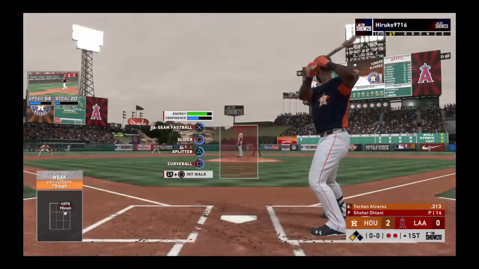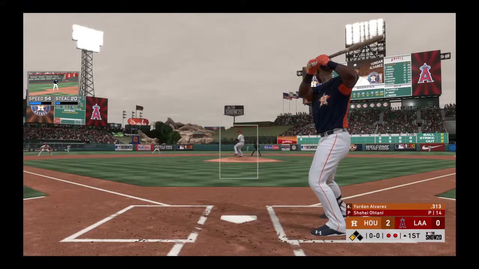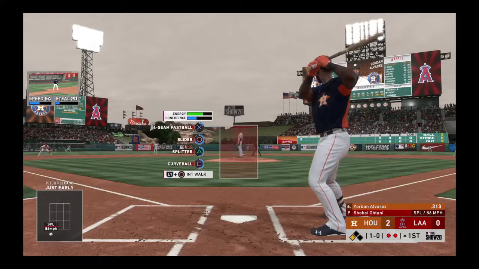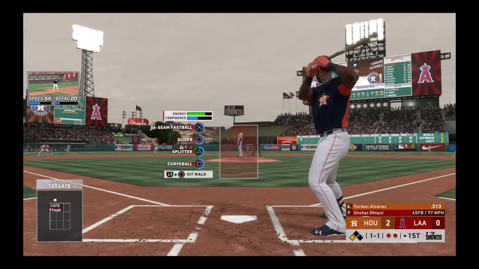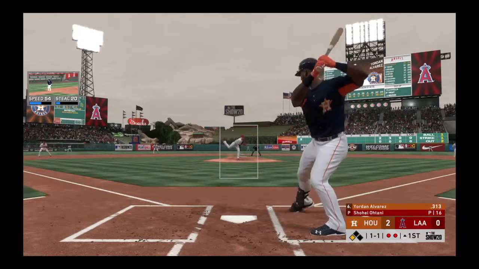Next up for the Astros, Yordan Alvarez. And Houston looking for more here in just the opening frame of the game. Too low, 1-0. Chased a bad one there, 1-1. Even though it's early on in this one, anytime you get runners in scoring position, you'd like to knock them